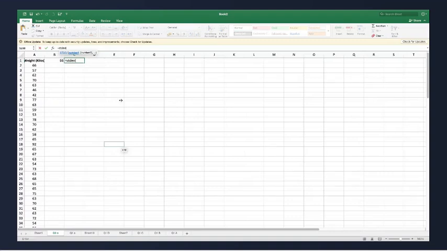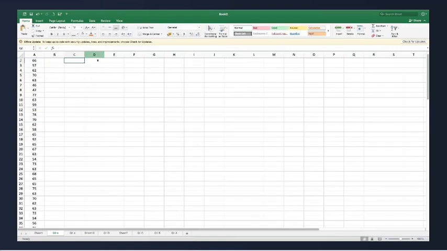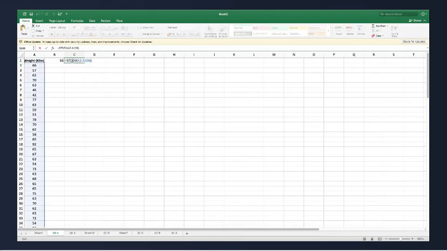I will again select all these numbers, close the bracket, and say okay. So this is my standard deviation, 9.82. Now after my standard deviation, I will run my normal distribution test.